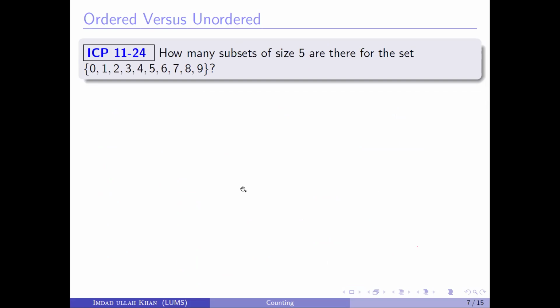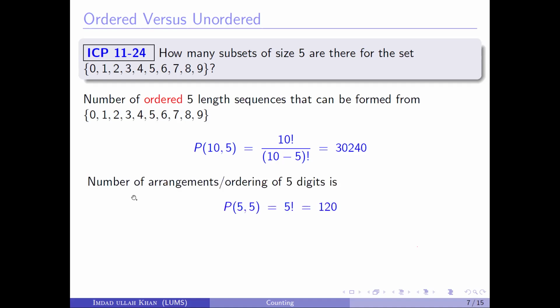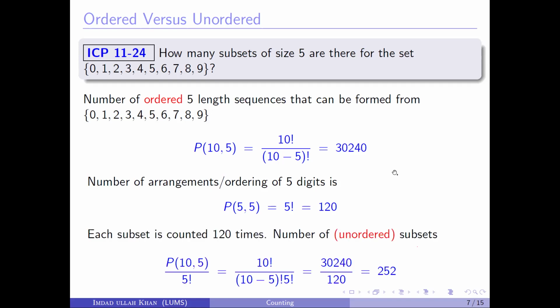How many subsets of size 5 are there for the set from 0 to 9? Take a pause, try to figure out. If you have taken a pause, you might have already figured out that we are talking about subsets. So in sets, order does not matter. That means that in the first go, we can compute the permutations, but permutations are like writing each set multiple times because order does not matter, and these are the ordered arrangements. So the number of arrangements or orders of 5 digits is 5 factorial. So we divide this P(10,5) over P(5,5), and that will give us